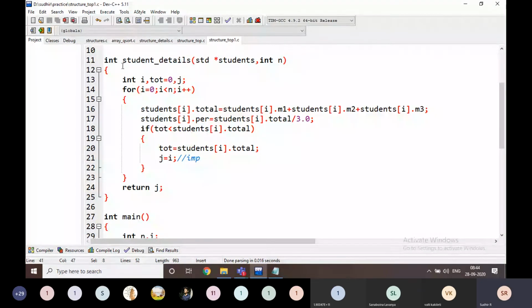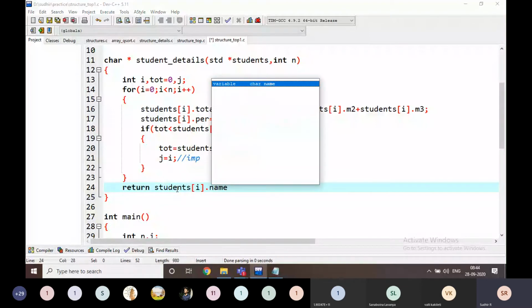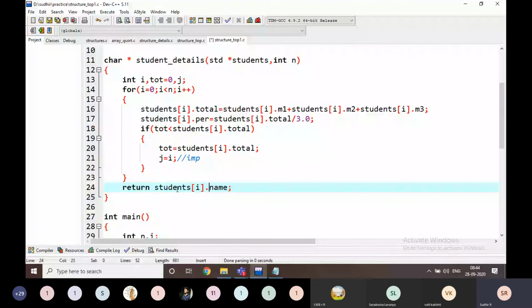For example, I'm going to maintain that also. I will write here, for example, char star, like this. students of i dot name here. i is going to be j dot name. For example, I am going to return the topper name only.